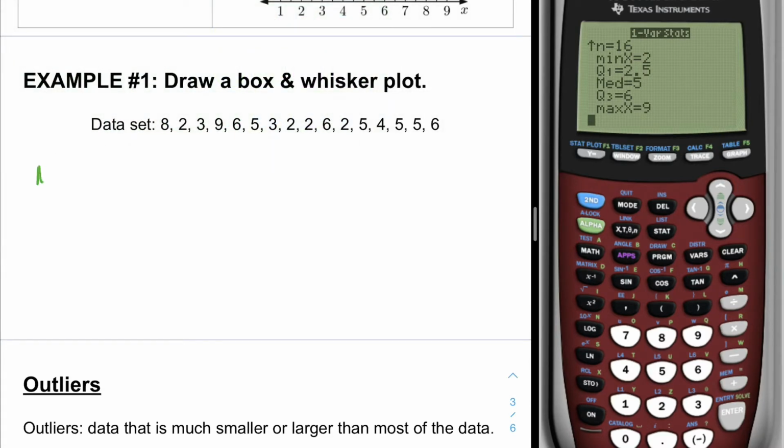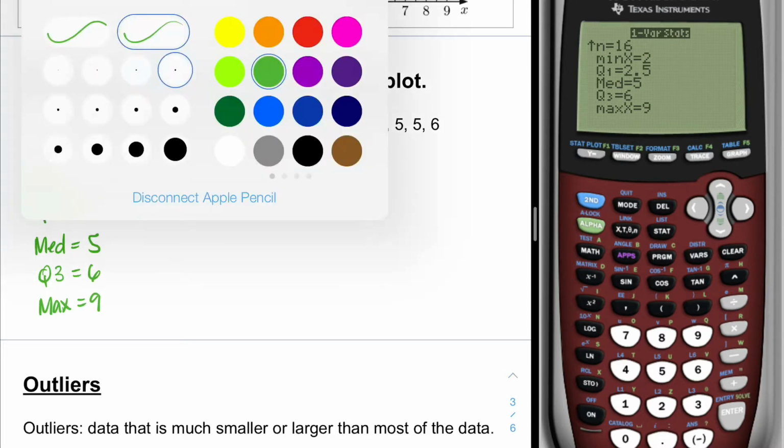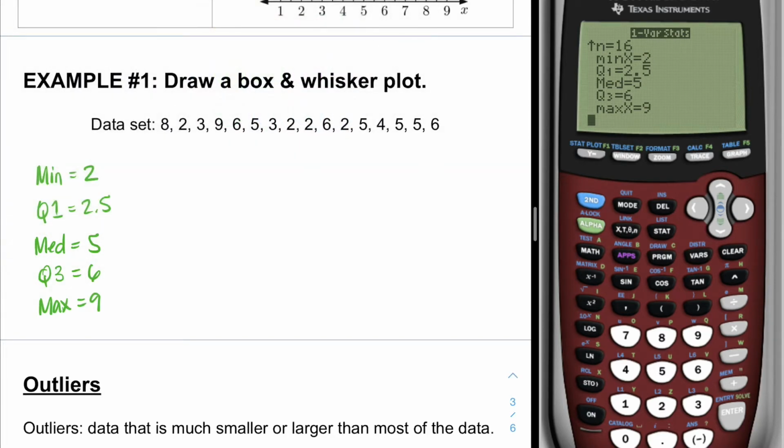And if we see here, we know that our minimum is 2. Our Q1 is 2.5. Median is 5. Q3 is 6. And the max is 9. So if we want to plot this,